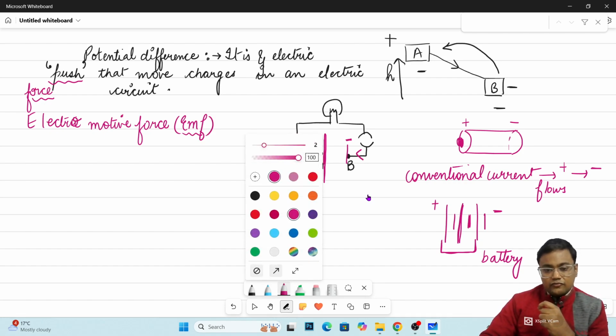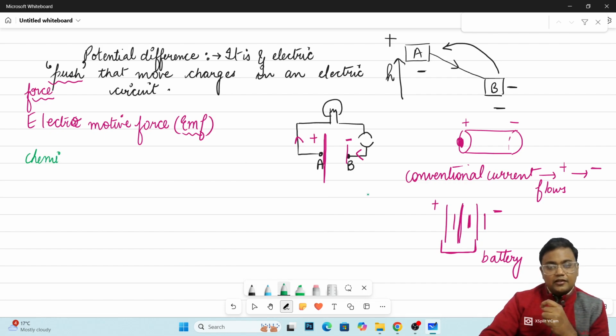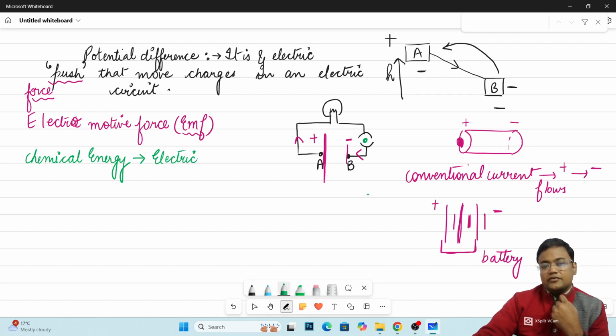Cell contains, children, chemical energy, right? All the energy is stored in the cell in the form of chemicals. These chemicals react when the circuit is closed, to free the energy in the form of electric energy. So chemical energy converts into electric energy,